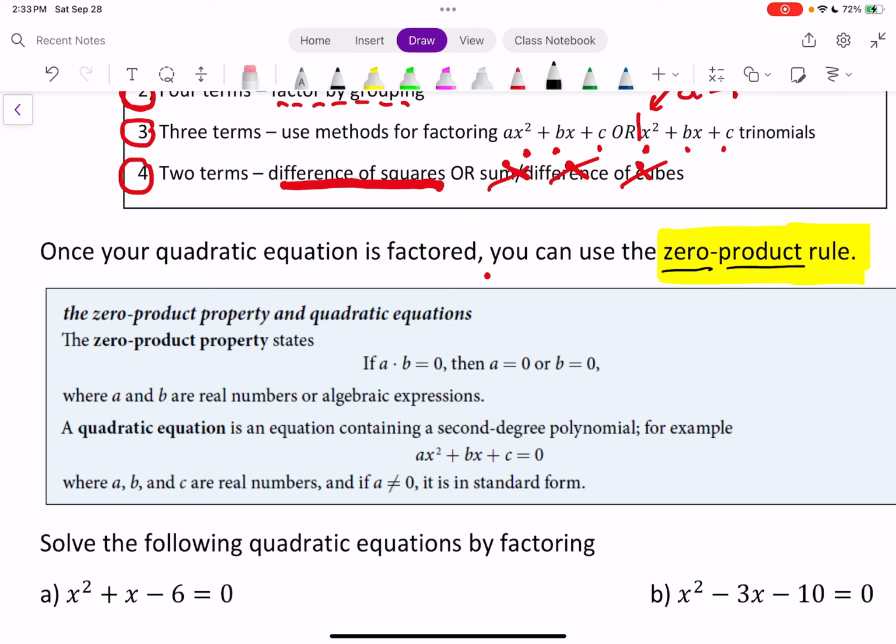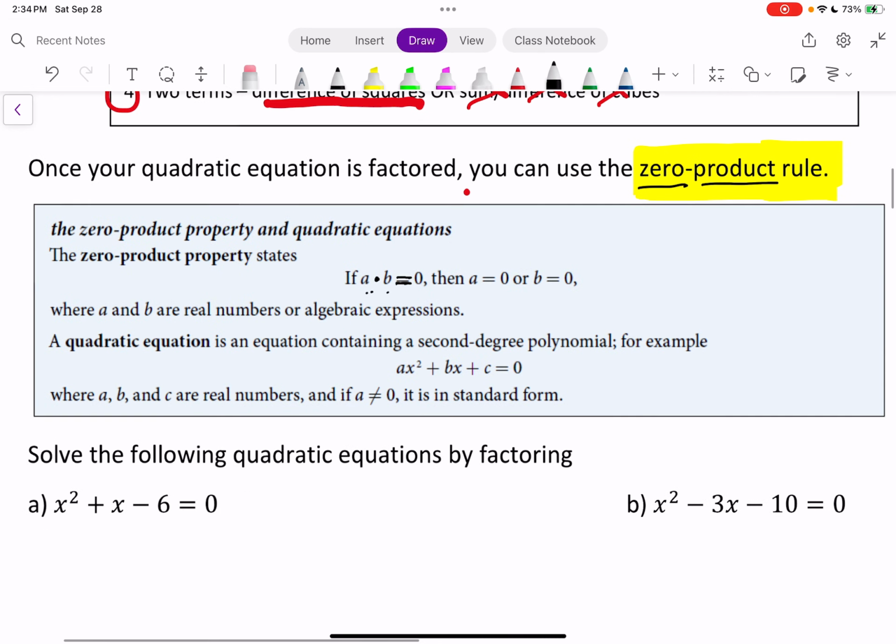So here it is. The zero product rule says that if you have a product, you're multiplying 2 or actually more quantities together and the answer equals 0, so the product equals 0, then the only way that's going to happen is one of the factors must equal 0. Either A is 0 or B is 0. What we're saying is there's no way you're going to multiply 2 numbers that don't equal 0, and the answer is going to come up 0. It's not going to happen. Okay,